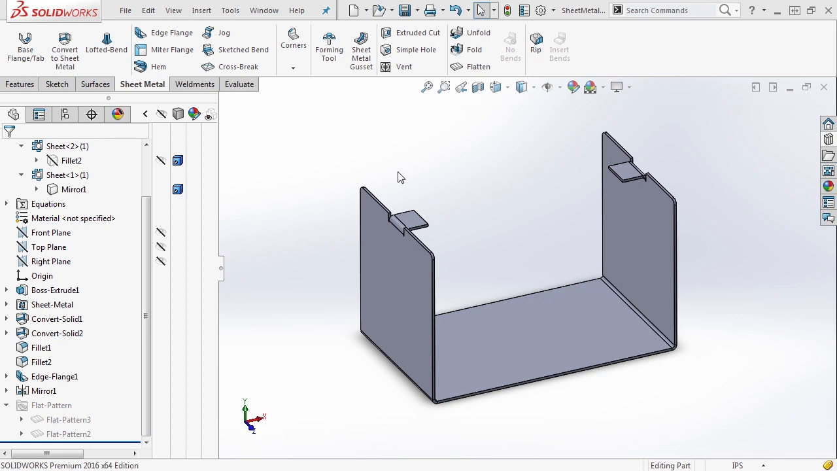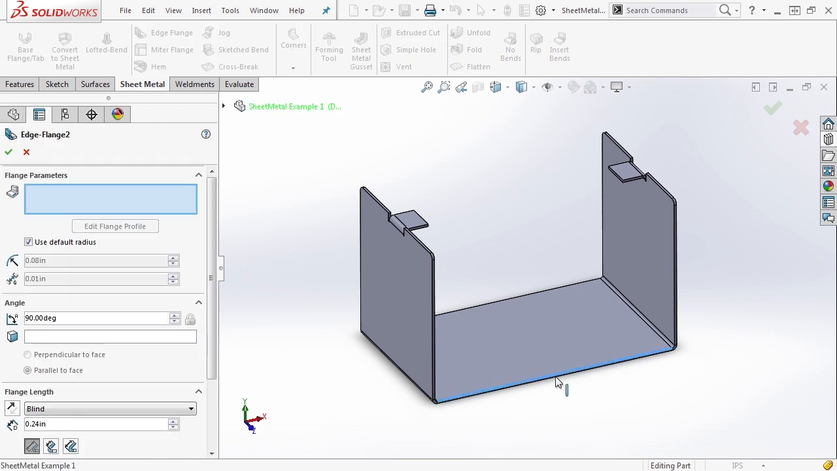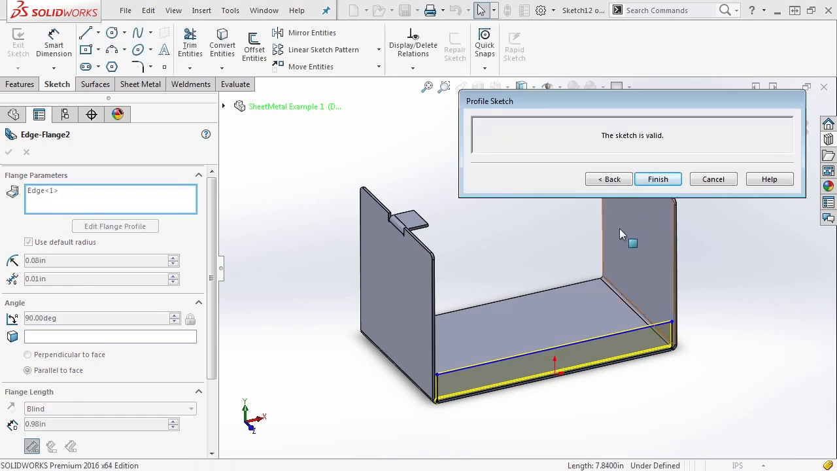Let's carry on from where we left off with our sheet metal example 1, and let's add some more flanges so we can fully define the location of the top. So now I want to do the same process by adding an edge flange, and I'm going to do this on the bottom. And again, I want to modify the profile, and this time I'm actually going to do something